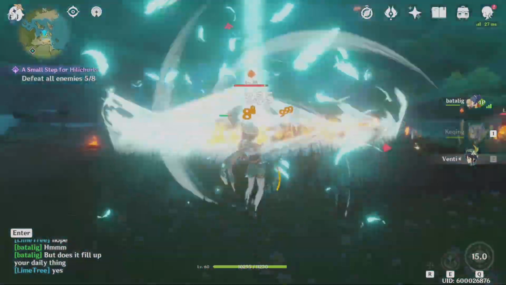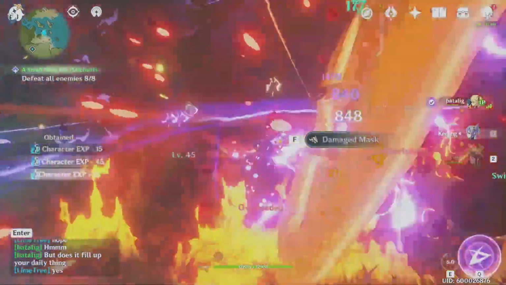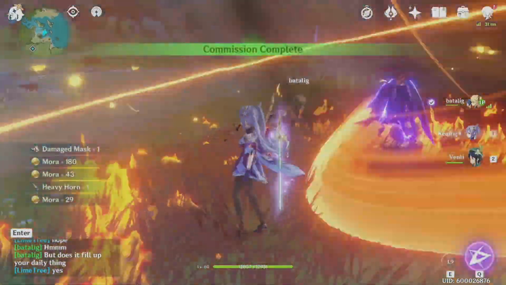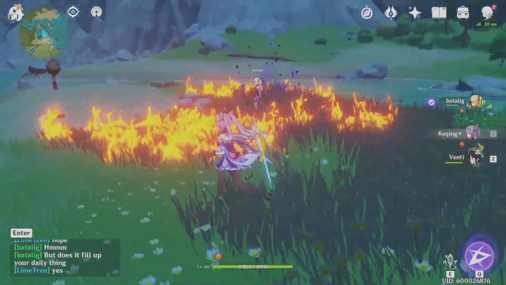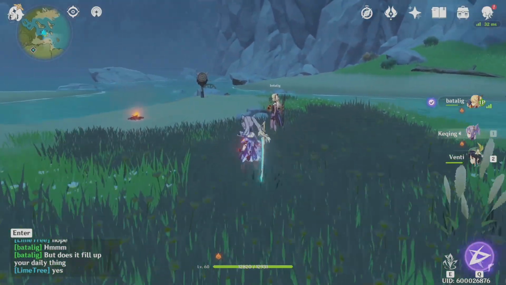Last and probably the most disappointing is that you can't do the Spiral Abyss co-op. Spiral Abyss is really fun, and honestly, I'm enjoying it a lot. Being able to do it co-op would be a blast, but alas, it is not an option at this time. Things may change, and honestly, if they do,